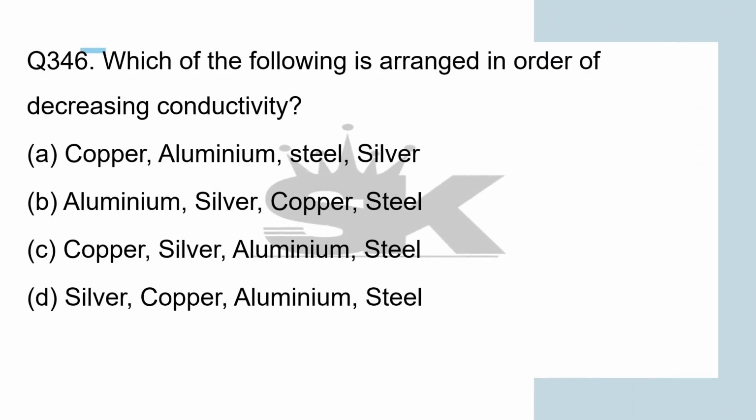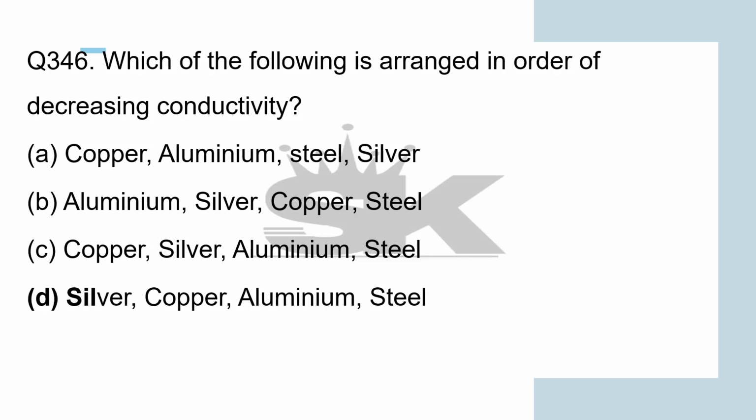which of the following is arranged in order of decreasing conductivity? That is silver, copper, aluminum, and steel. Okay,